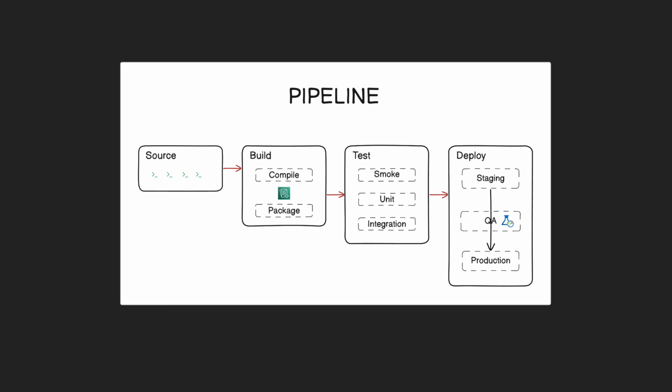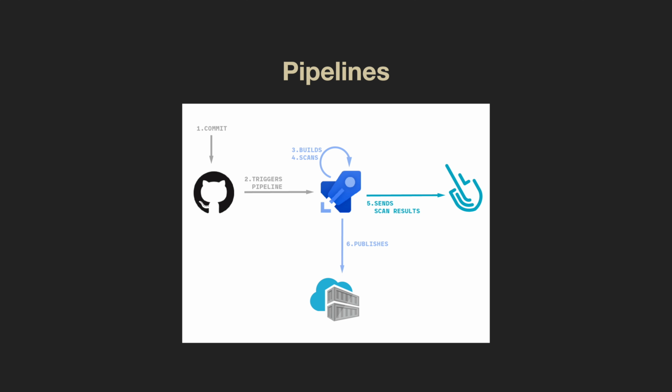The next aspect here is going to be the pipeline. Think of the pipeline as the orchestrator. All it is really doing is making everything work together. So we have the repository triggering the pipeline. Now the pipeline has the code, and then the pipeline is going to trigger all the various things that need to run. So the state of this code going to production is going to be controlled and managed